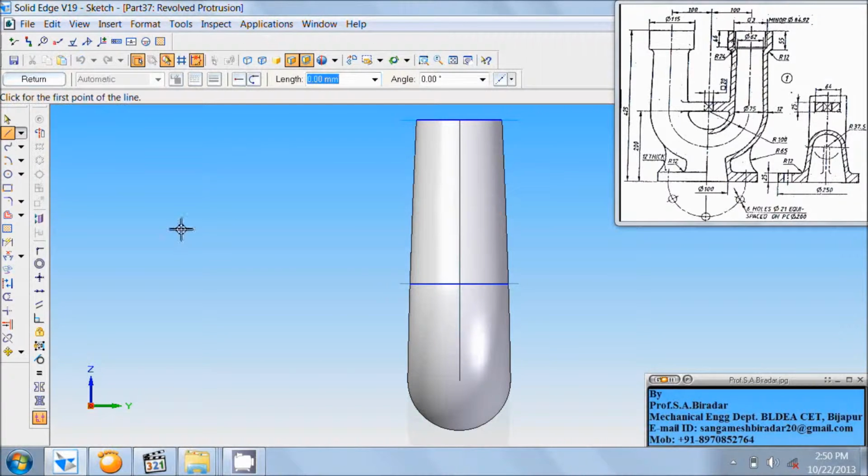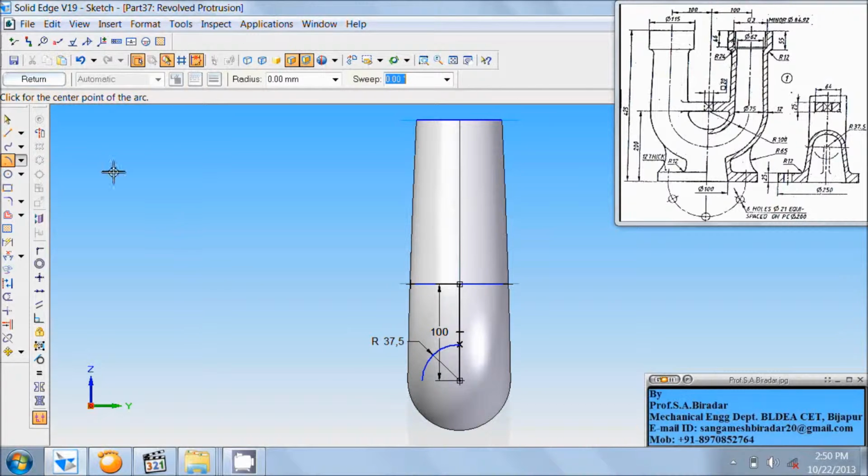So take line command, draw vertical line from this end downward as 100 mm, angle as -90. Right click of the mouse. Here is arc of radius 37.5. So take arc by center. Center point of the arc is this. Enter radius as 37.5. Click on this vertical line. Sweep the arc in this direction. Tilt to the sweep angle as 90. Click here.